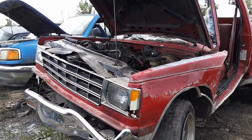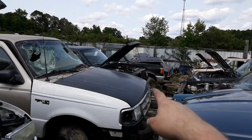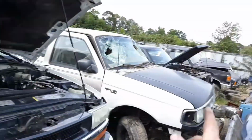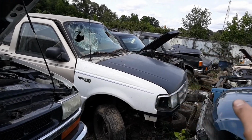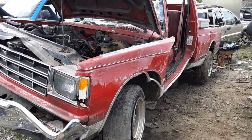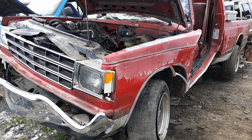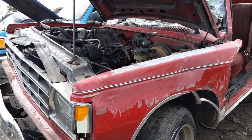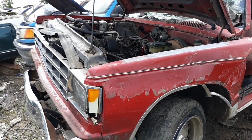Starting with this one. I mean, they're everywhere. There's a Blazer over there I got a grill off of, cluster out of. This one, and that one's a 93 Blazer 4.3 two-wheel drive, leather interior, power windows, power door locks. This one is an 82 Chevrolet S10 short bed, two-wheel drive, automatic. I believe it's the 200 transmission, M200, I think is how you pronounce it. It's a 2.8 carbureted V6,